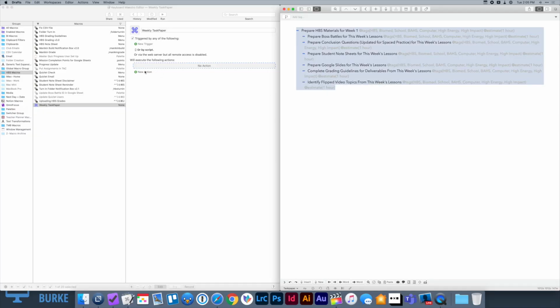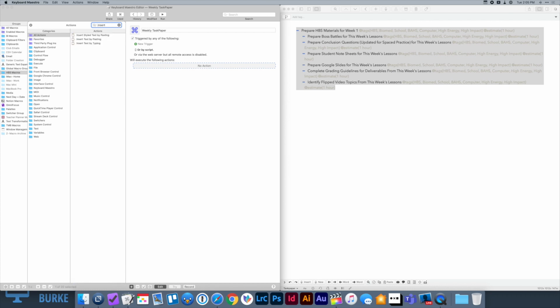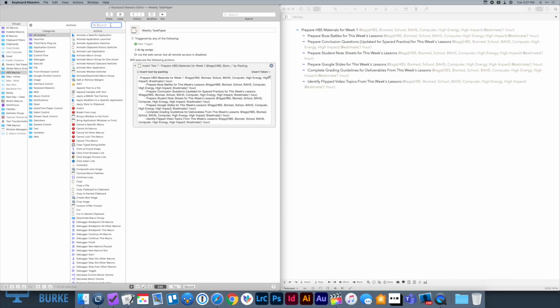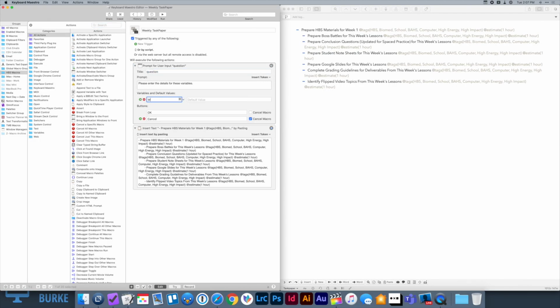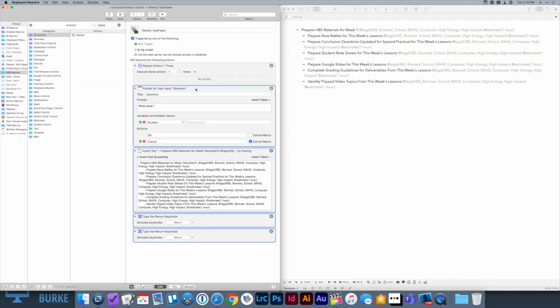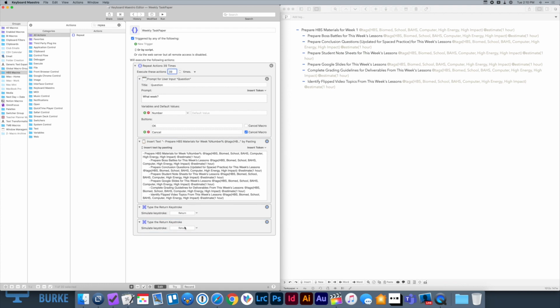So I started a new macro and copy and pasted this TaskPaper text into this Insert Text by Pasting block. While I'm sure there's a way to automatically increase this number by 1 each time, I don't know how to do that. And figuring out how would cost me time instead of saving me time. So I used the Ask for Input function and then incorporated that variable into the TaskPaper text. I then added 2 returns to get me a fresh line in Drafts and then wrapped the whole thing up in a Repeat function and told Keyboard Maestro to do this 39 times.